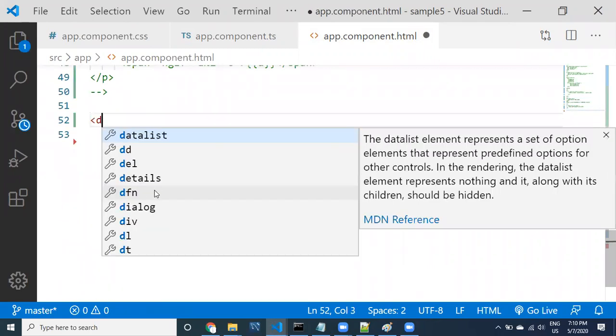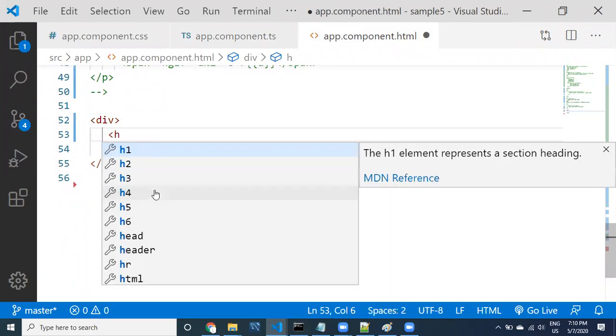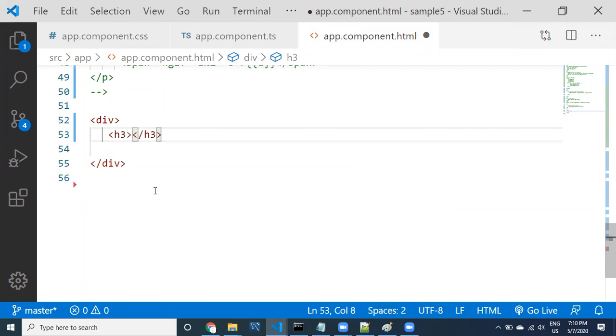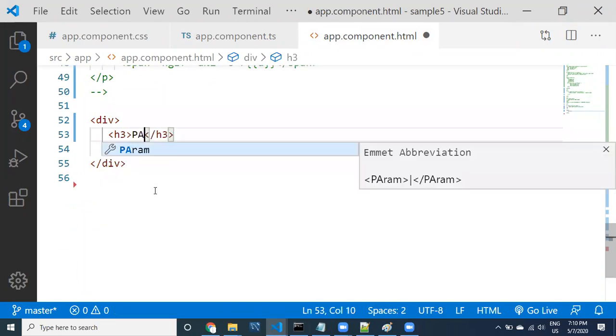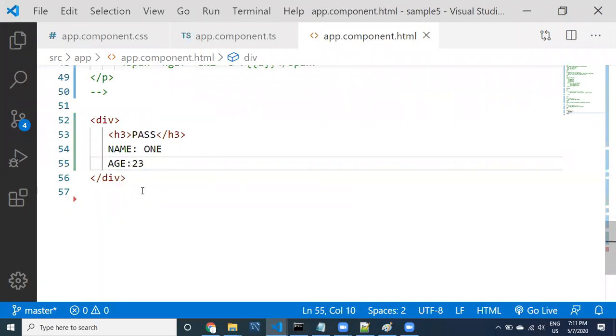Now I want to display a div. Inside the div, I would like to display h3 result. If it is pass, I have to display pass. Name, I have to display the name 1, and age something 23. Let's look at it, guys. I would like to display the div simply.